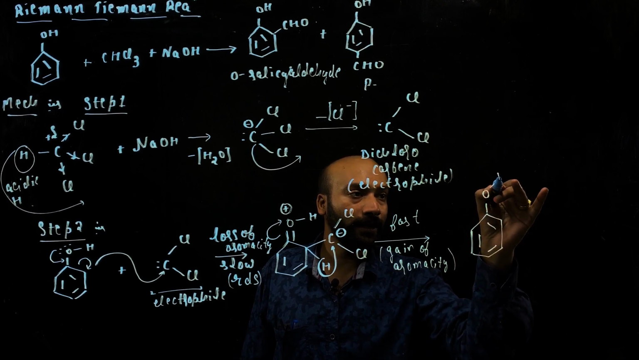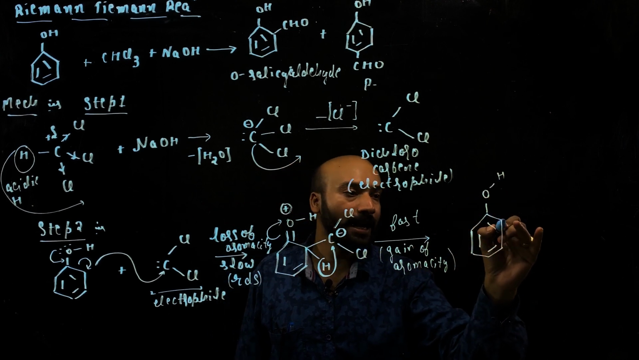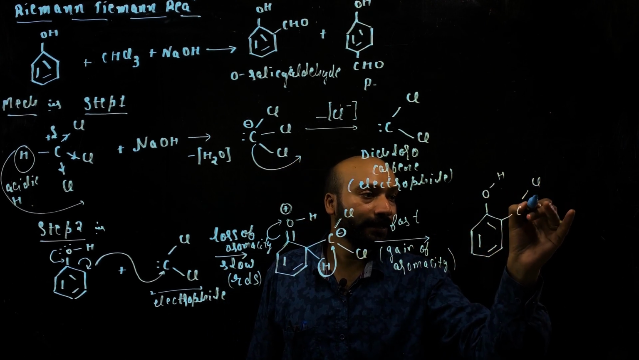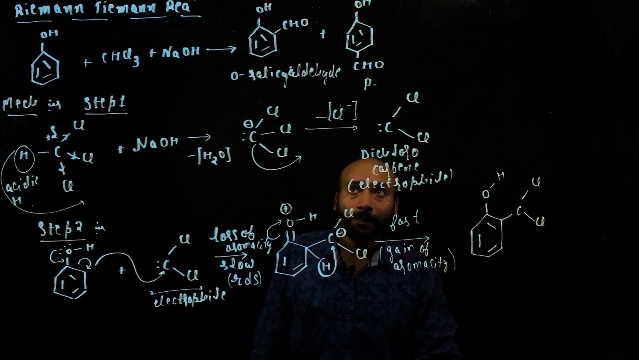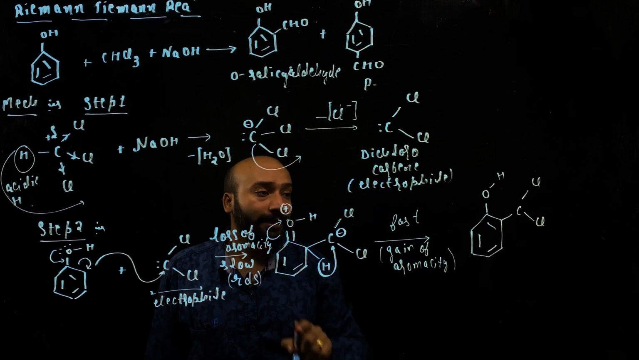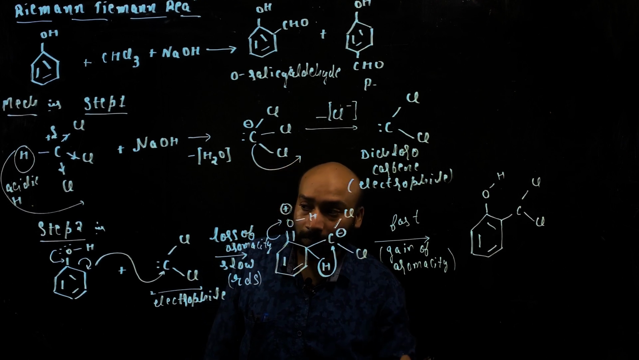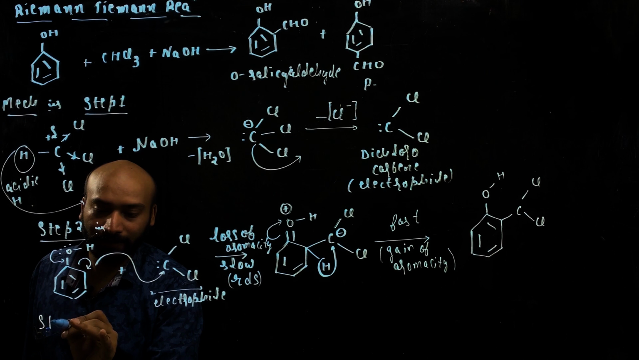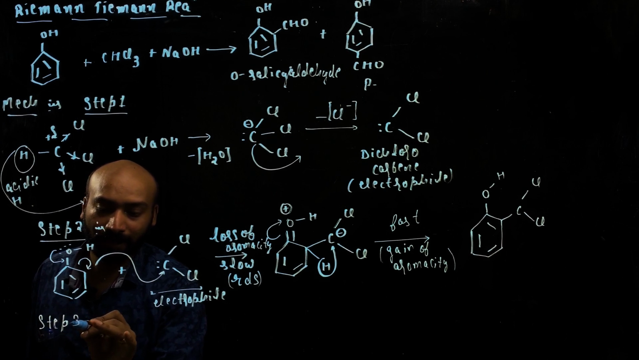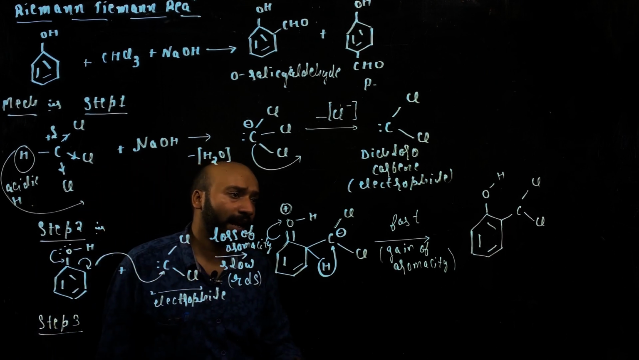In this, OH will come and Cl is here. Now our product has been obtained so far. What will be in the next step? The third step: everyone knows that Cl